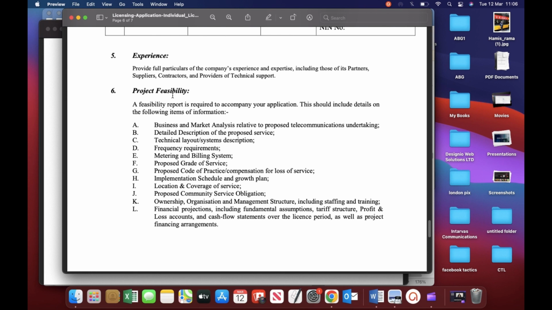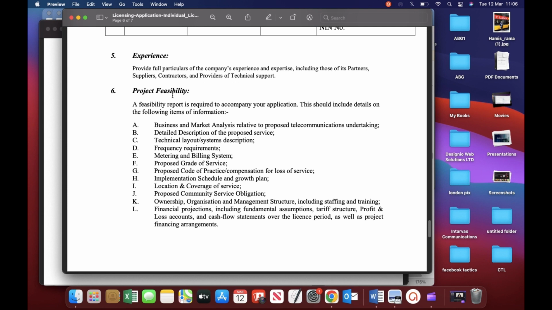Anyway, don't worry, I'm going to develop a tutorial on how to apply for an NCC license, after you have your feasibility report, what you need to do to have a perfect application and to get your application approved within the time frame specified by NCC.